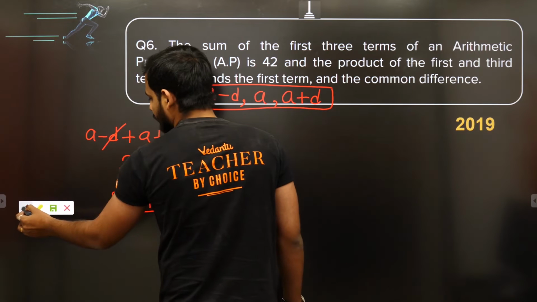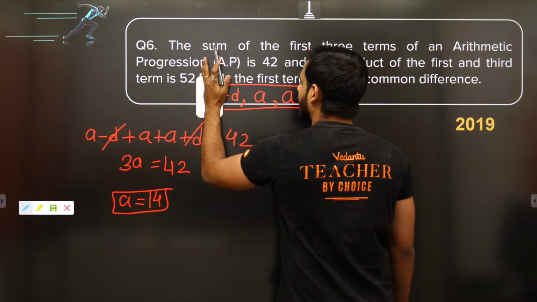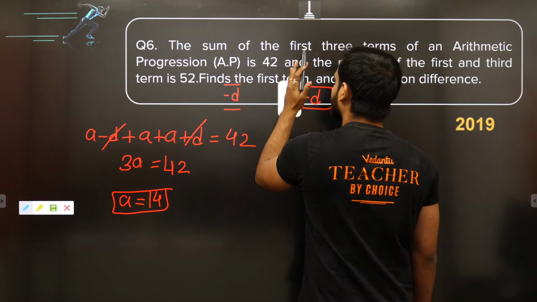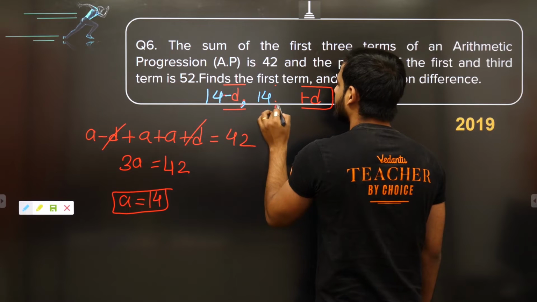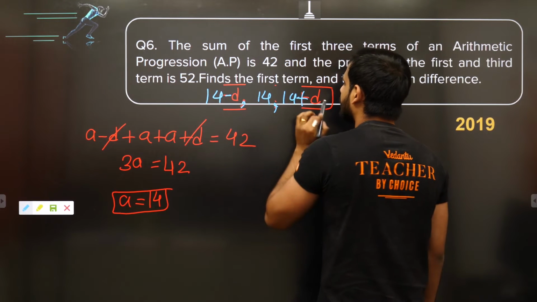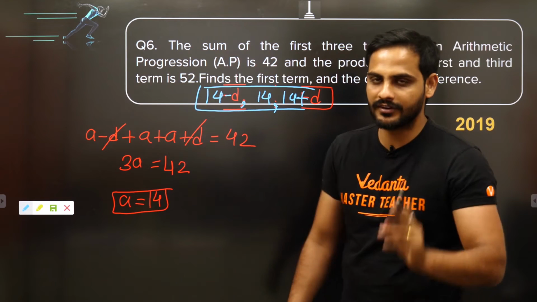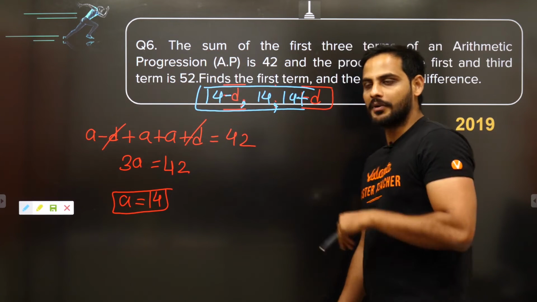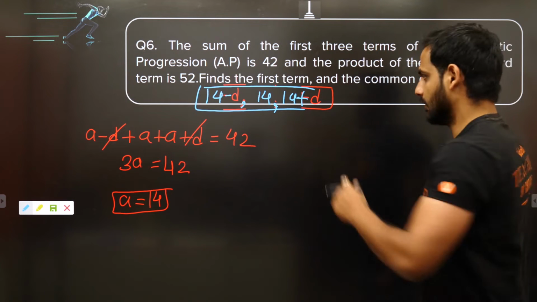If a is 14, now I can say that these terms are nothing but 14 minus d, 14, 14 plus d. Okay, this clarity I have got. First term is what? 14. Let's look at the common difference. Now they are saying the product of the first and the last term is 52. So that means